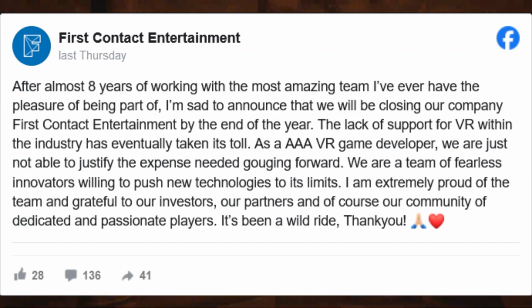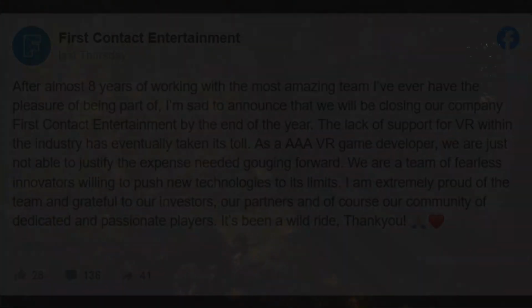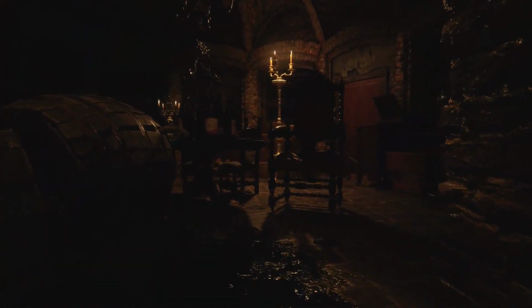In its announcement, the company directly blames the lack of growth and stability in VR gaming for its demise, admitting that it doesn't get enough support from gamers to justify the expenses it's making on development. In August, First Contact launched Firewall Ultra for PlayStation VR 2, a follow-up to 2018's Firewall Zero Hour. Earlier this year, it was announced the studio was working on a VR multiplayer first-person shooter titled Solaris Off-World Combat 2.